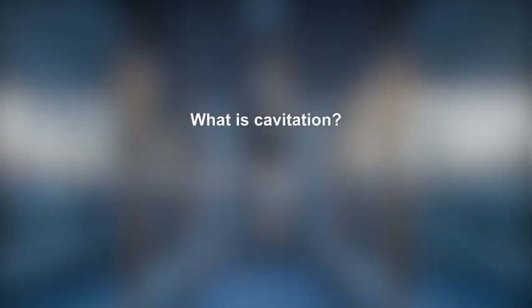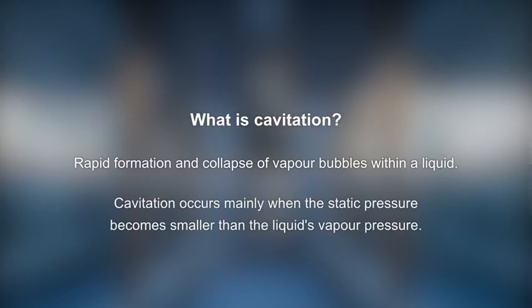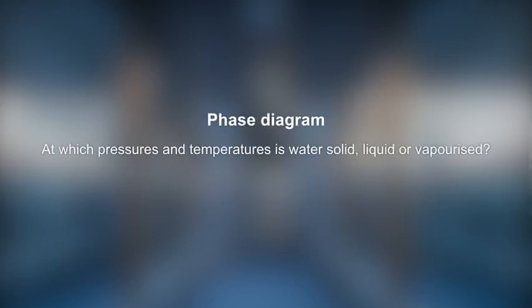What is cavitation? Cavitation is the rapid formation and collapse of vapor bubbles within a liquid. Such cavitation bubbles are formed mainly in locations within the liquid where the static pressure becomes smaller than a liquid's vapor pressure. The phase diagram of water shows if water is in its gaseous, liquid, or solid state, depending on